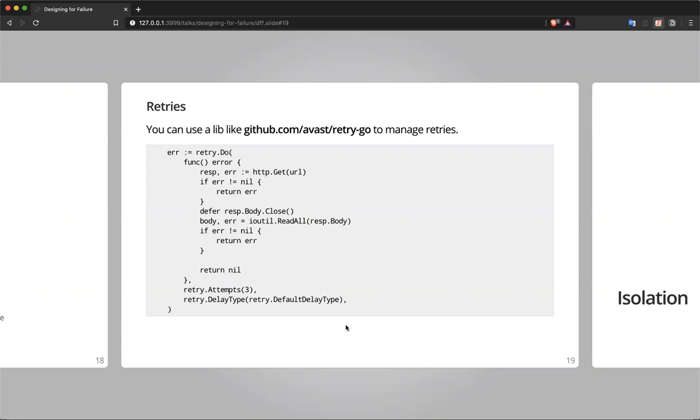But there is also a different thing here. When you retry, if you don't specify a delay type, if you don't have a delay between the retries, this execution is going to be super fast, one after the other. And the service will still fail because it was just too fast that it didn't really fix it. So you can have something called backoff. And when you have a backoff, when you have an offset limit where you just put some delay here that multiplies by 2 or by the value before, you can actually give some time for the upstream service to breathe,